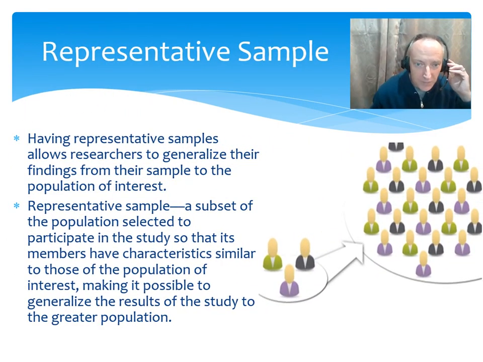Now, random samples can be hard to come by. So we at least want to make sure that we have what's known as representative samples. That means whatever sample I get to participate in my study, they need to at least represent the bigger population